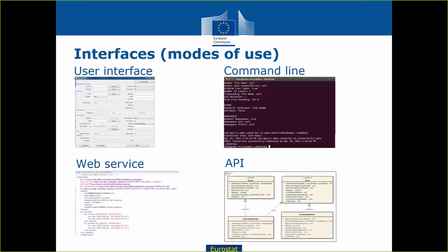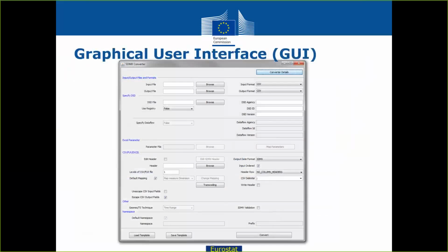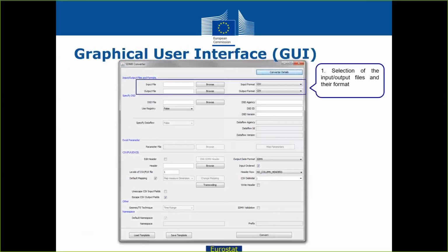Okay, so we focus on the graphical user interface. This is what version 5.4.4 looks like. The first thing is the input and the output. Of course, in any conversion, we need the input file, and that is the first thing that we need to make sure to upload to the system. We need to tell the system where we want our output file to be stored, so after processing the conversion,